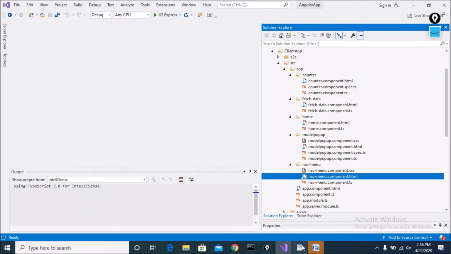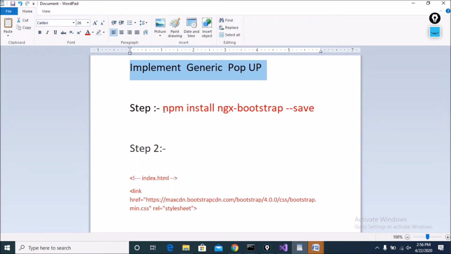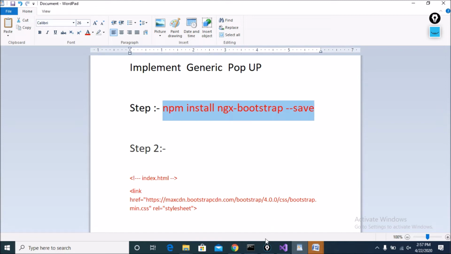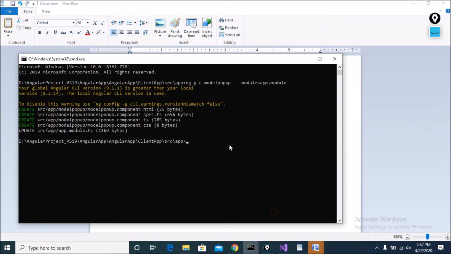Let's start. The first step is to install ngx-bootstrap. Copy this line, open your CMD, paste it here and press enter.